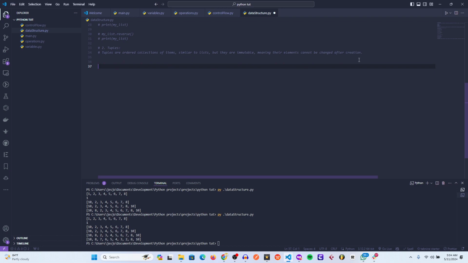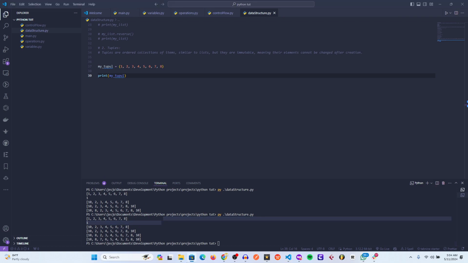So let us look at an example of how to create a tuple. Imagine I have a variable named my tuple, and now instead of an angle bracket, we use the normal bracket, and basically we've created a tuple. So we can print that out, see how it looks. Print my tuple. And then let's run this. Sorry about that. Let's run it. You can see